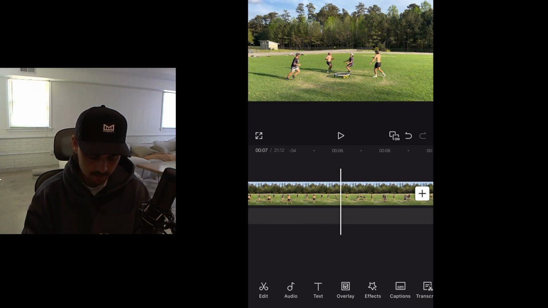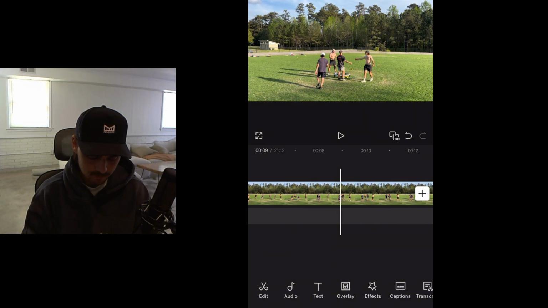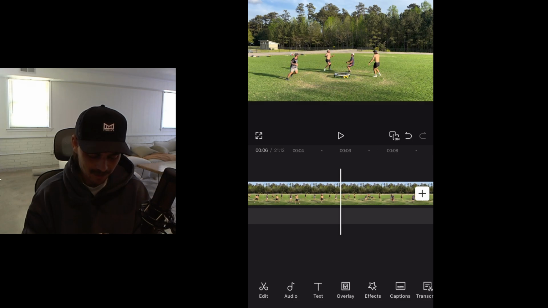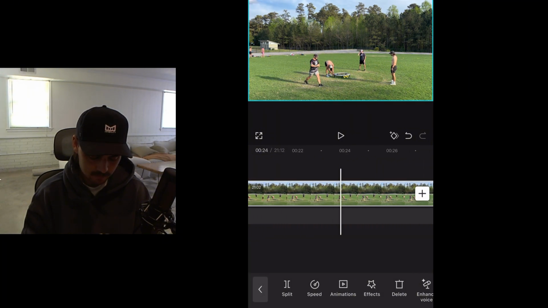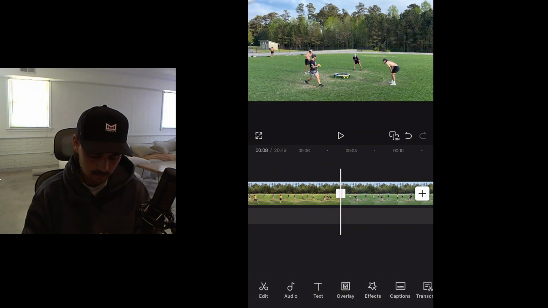Okay, so the point plays out. I don't know what happened. I think we got it. Again, this is another reason things are so small. Another reason that doing it on the phone is hard, but okay. So I'd split here. Point number 2. Okay, they played that. So I'd split, delete. So now we have point 1, point 2,